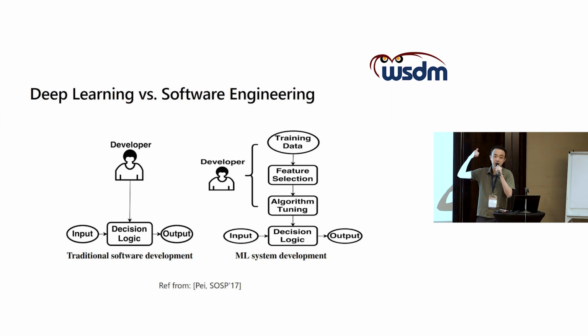So this function is actually a decision logic. Here, as you can see for machine learning, we can treat the developers as the training data, feature selection, and algorithm tuning. Which means that we can link the relationship between deep learning and software engineering. So when we want to compare machine learning systems with software systems,